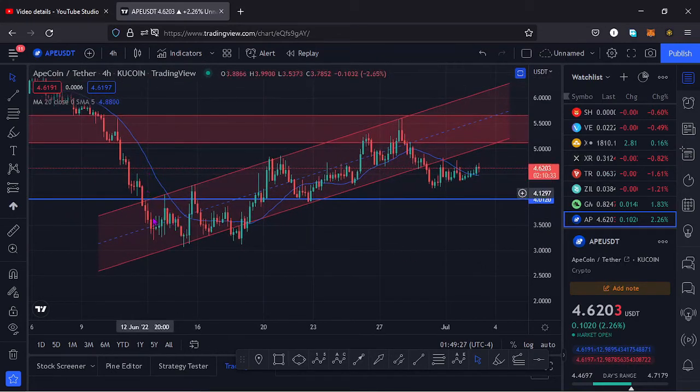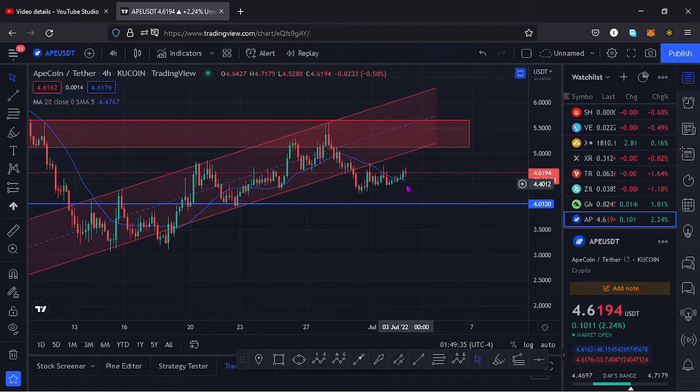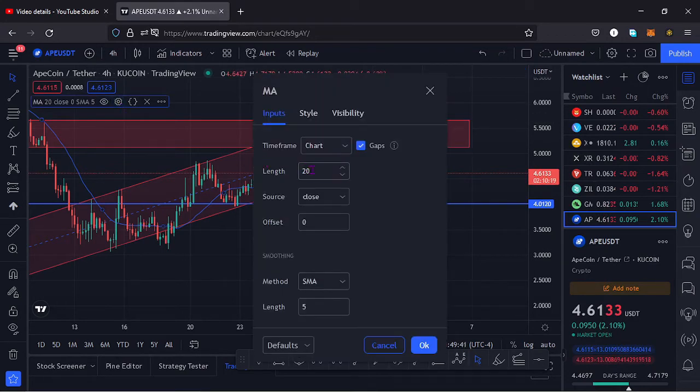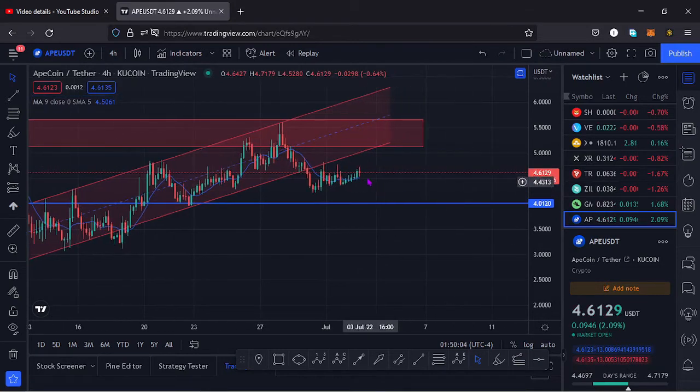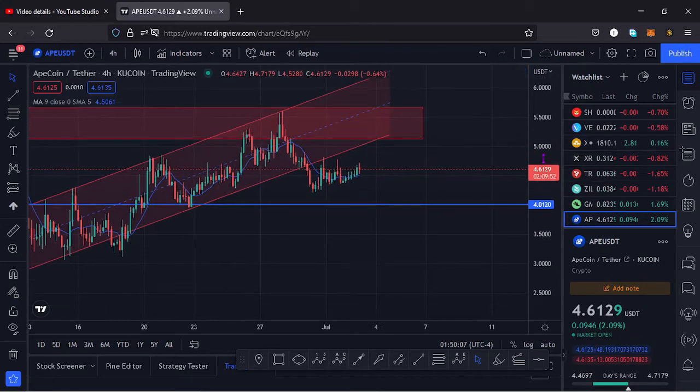you can see that we have been trading within this channel, and we have more than 3 touch points, and we have broken to the lower side of this channel, and the 20-day MA is giving us support. And if I change that to the 9-day MA so that we can see whether it's giving us support or resistance, you can see that the 9-day MA is also giving us support, and that would mean we have massive support over here. That is, we have support at the $4 mark, and the 20-day MA is also giving us support. So it's possible that we have a nice movement to the upper side in the first case scenario,